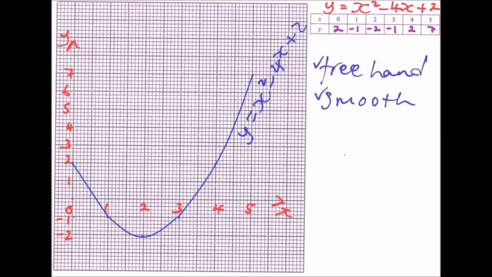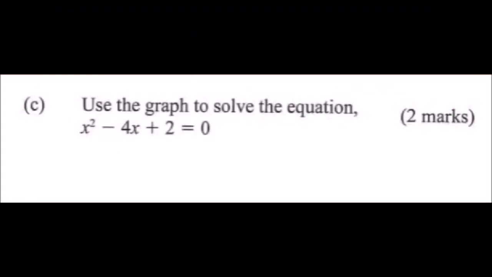So that is the function. So that is what we are supposed to plot. From there, we move to the other part and see what we are supposed to do. In section C, we are told to use a graph to solve the equation x squared minus 4x plus 2